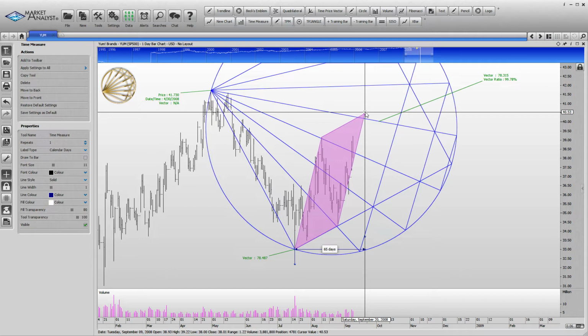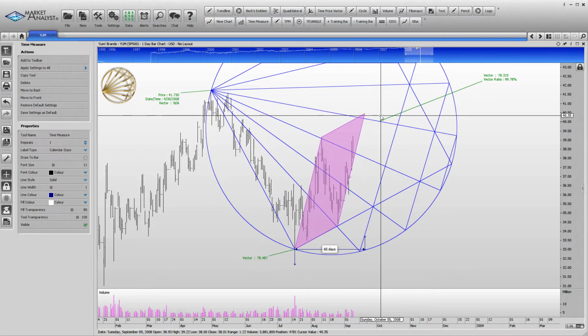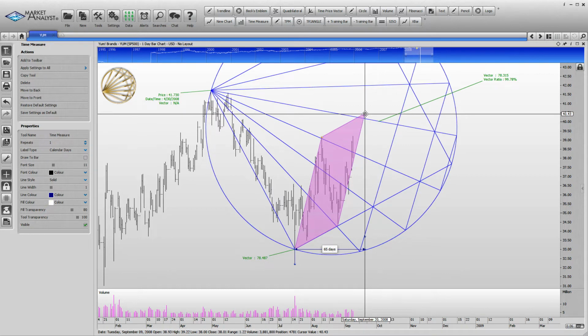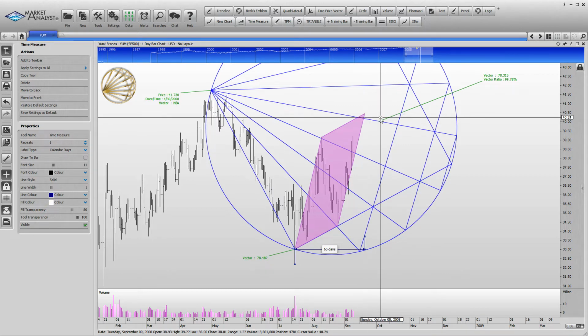Now, what's 10% of 65? Well, that'd be 6.5 days. What would be 20%? That'd be 13 days. So count 13 days past this date here on the Saturday, and this will give us October 4th. It'll show you that October 4th is an acceptable day. Very late in the tolerance level of the 13 days, but still within the parameters that we set in